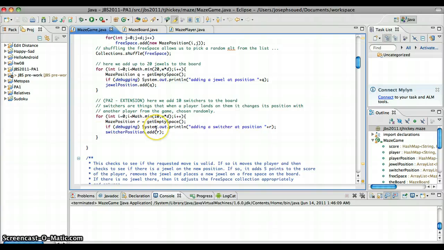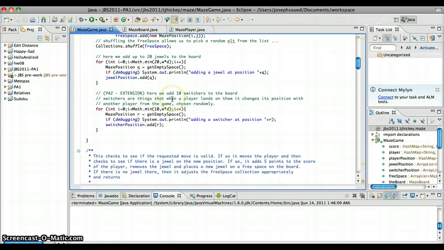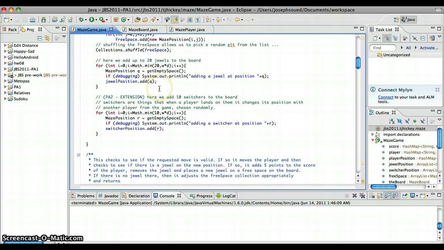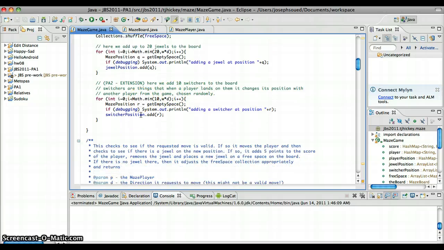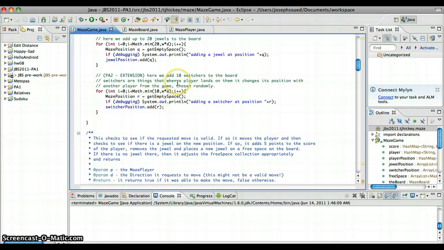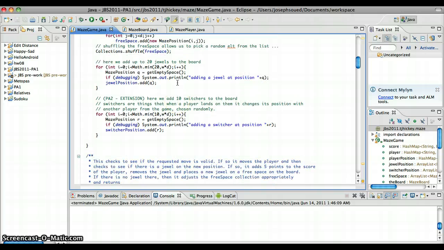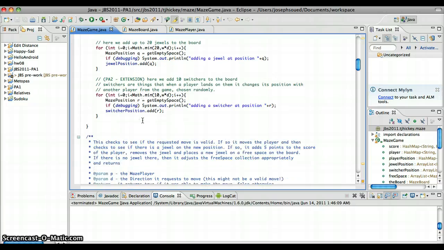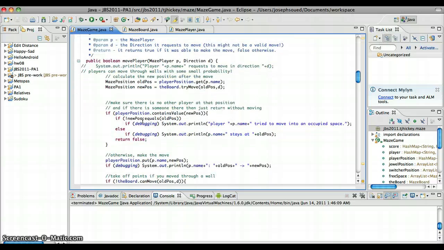So this is my first step, adding 10 switchers in the board. There are 20 jewels, so I calculated to put like 10 switchers. They are put pretty much the same way the jewels were put, with a for loop, and randomly. Then if we go below,